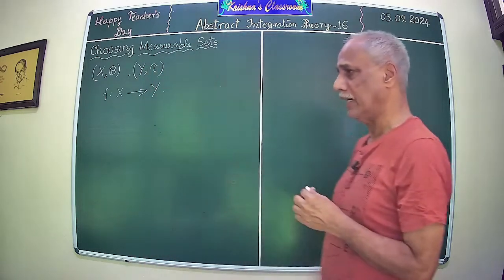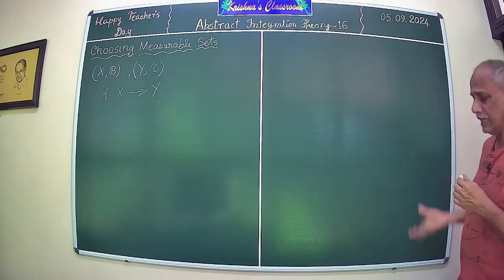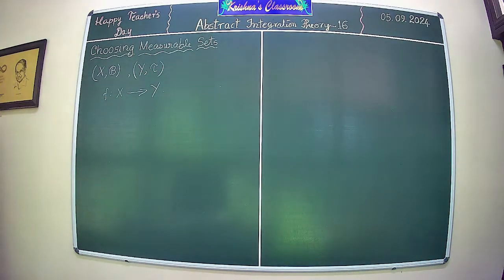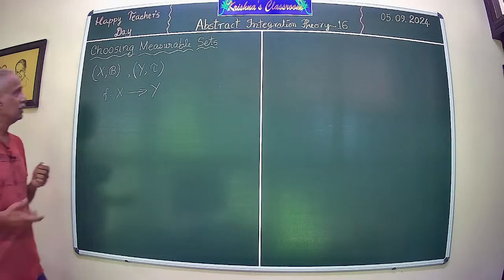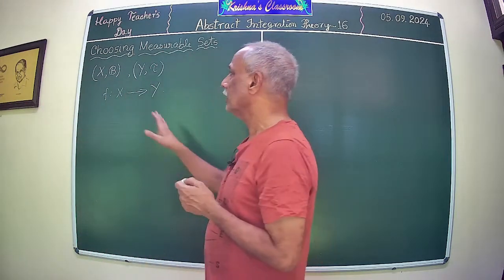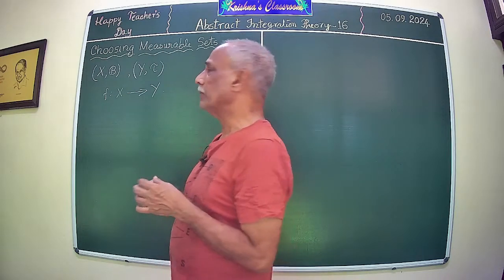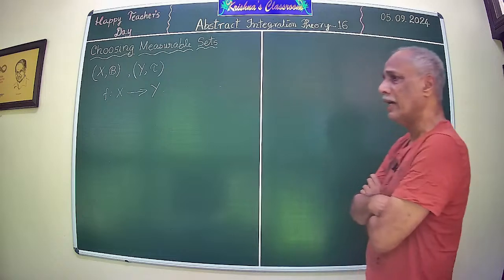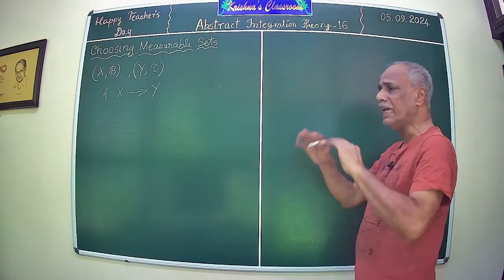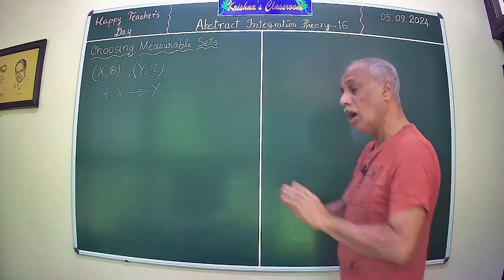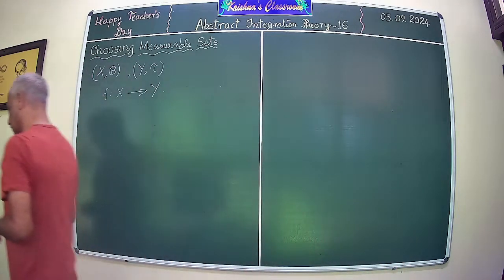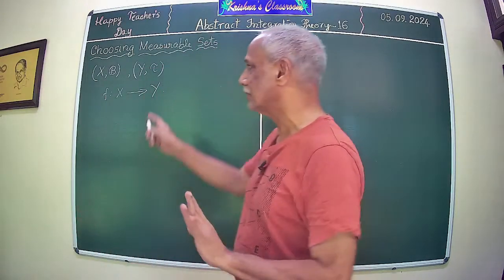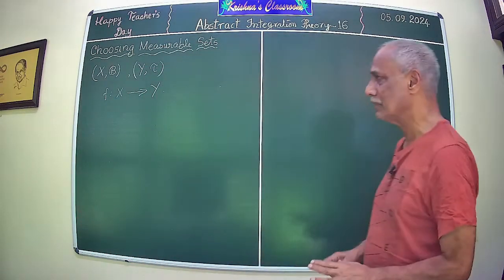On the other side, we would like certain subsets to be measurable. That means those subsets should be in the measurable class of subsets, that is, should be elements of B. So B has to be constructed in such a way. How do we do that? This is the problem. You will see more about this choice later.